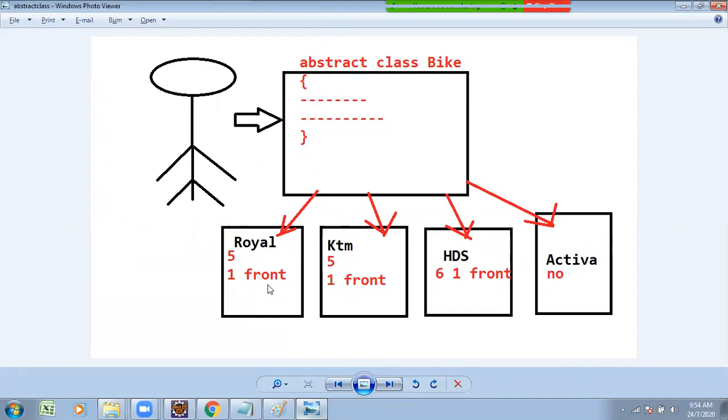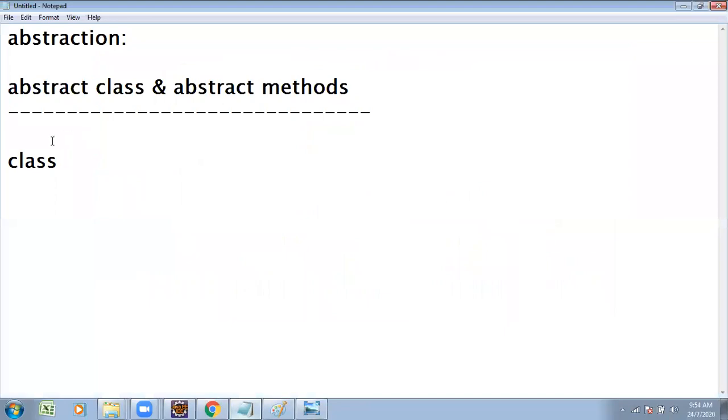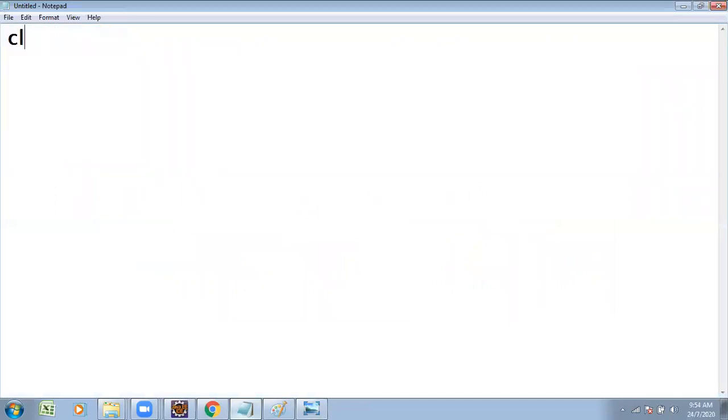Till now under object orientation, we discussed class, how to create the class, and how to access the class with the help of an object. Then I discussed inheritance, superclass to subclass properties. Similarly, we discussed abstraction.